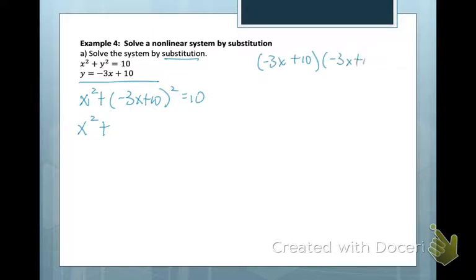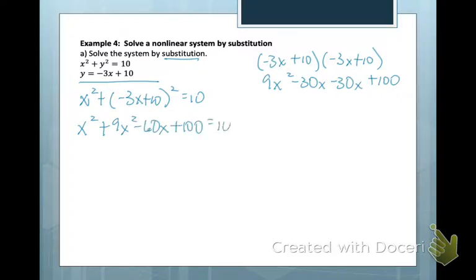First terms together give me positive 9x squared. Outer terms give negative 30x. Inner terms are also negative 30x. My last term is 100. So now, putting it in my equation and combining like terms, I get 9x squared minus 60x plus 100 equals 10. And then cleaning up that equation, we get 10x squared minus 60x, and I subtract my 10 over,